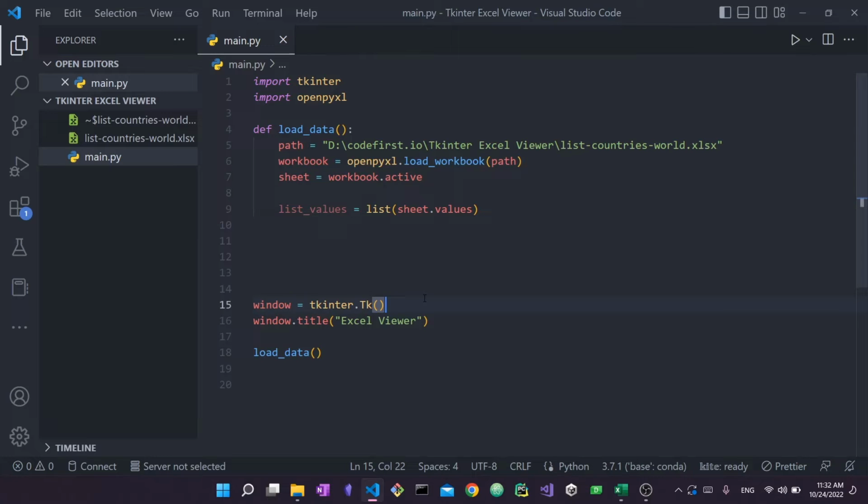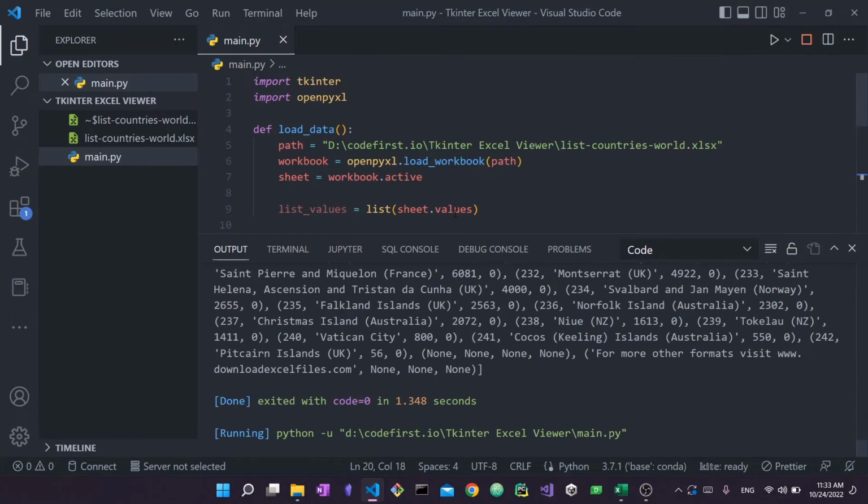Now, of course, I also set the title of the window, and I set the title to be Excel Viewer because this is what we're naming our application. Now, the next step is window.mainloop. Window.mainloop is the event loop of Tkinter. This means that as long as the application is being executed, this loop is running infinitely and it stops when I exit the app. So this will enable me to handle events and deal with different things within my Tkinter interface. So now if I run this,